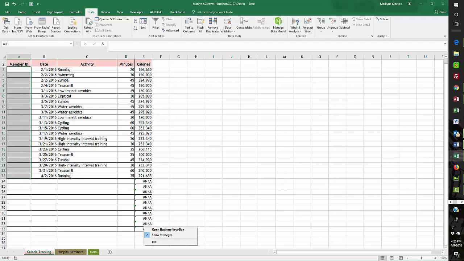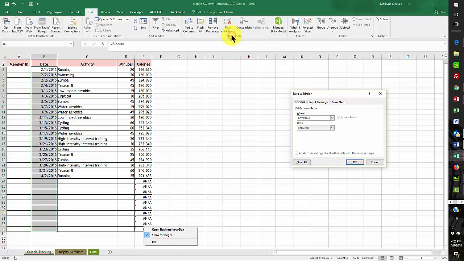And now, this next part is where I messed up before. I got most of it right, but then I got a few little goofs on there. Okay, so now we're going into the date area, B3 through B33, and we're using data validation again, but we're choosing the date, and it has to be greater than or equal to, and it equals today,